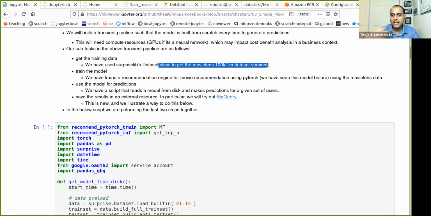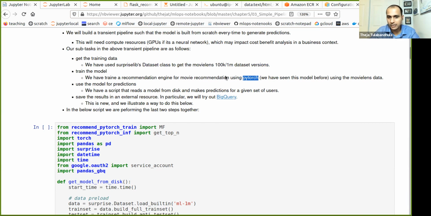Although we don't have updated data every week or every month here, it's easy to imagine that if I had updated user movie interaction data, a similar way to get that new data can be used, so we're not going to focus on this part. For training, we have already seen how to train a model. In particular, we have a PyTorch neural network-based model, but that is also not very critical. We can use a simpler model as well here.